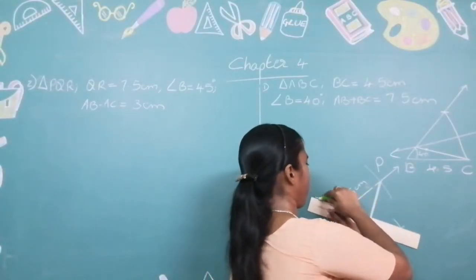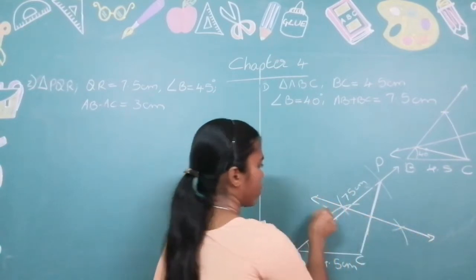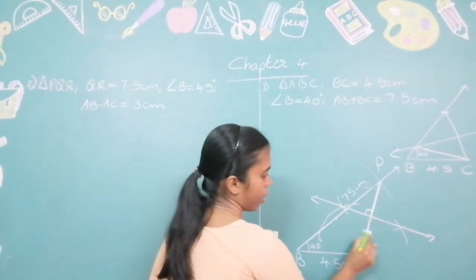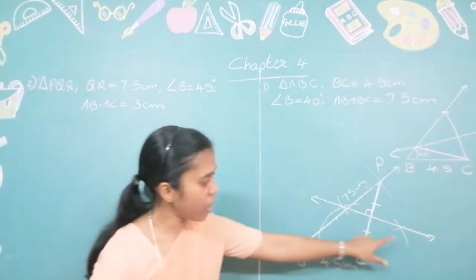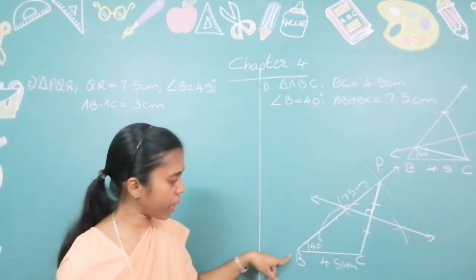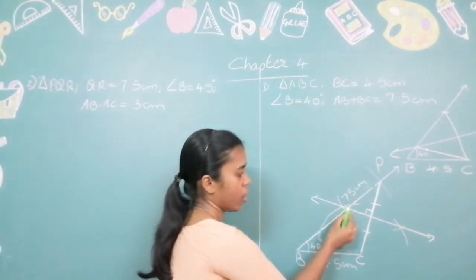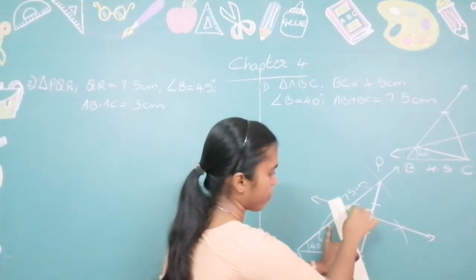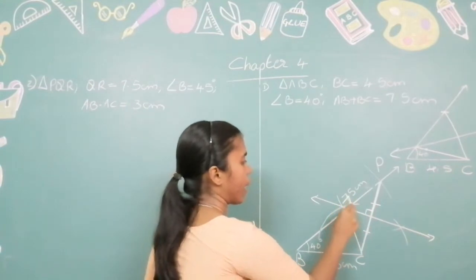Now we are drawing a perpendicular bisector. So it is a line. This is a perpendicular bisector. Perpendicular bisectors are 90 degrees and the sides are also equal. Now look, this perpendicular bisector is intersecting on BP at this point. Now from that point you join to C. And that point will be A.